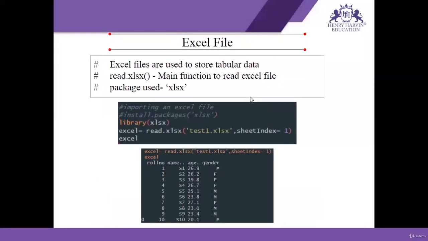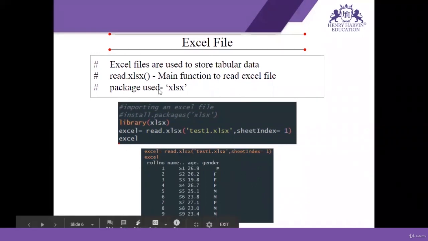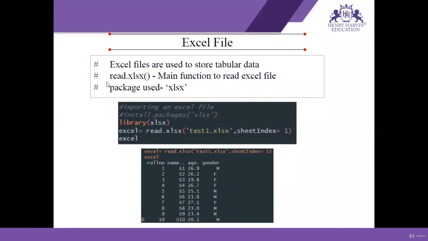Next is the Excel file. In today's time, most of our data is generally created in either Excel sheets or Google Sheets. What happens is you cannot do large analysis in Excel files or Google files. For that, R is very helpful, and it is very easy to import the data from Excel files. The command that we are using is read.xlsx, and this command is in the package named xlsx that